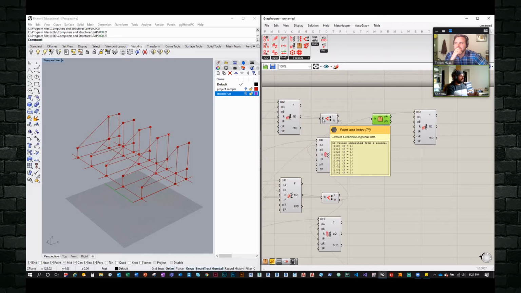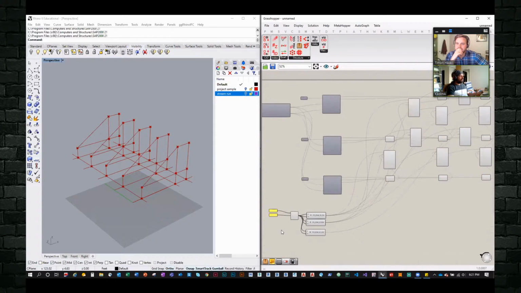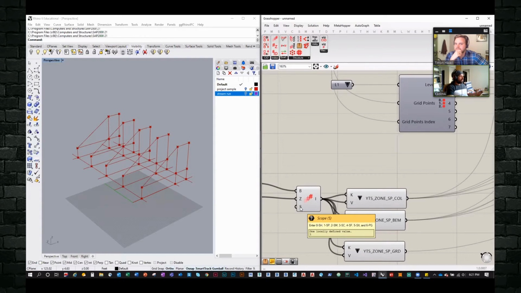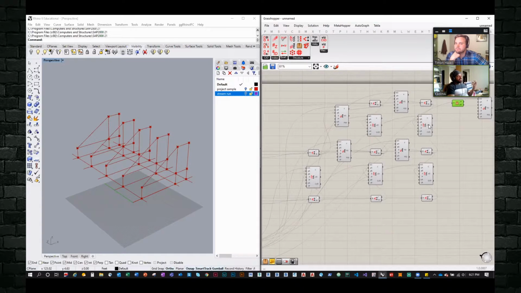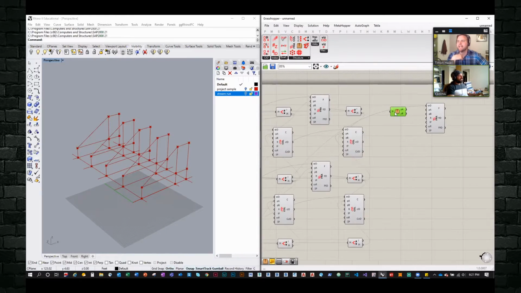Even if you hover over it, they'll tell you what that input is describing, or some of them will also tell you what the applicable inputs are and what each applicable input means. But obviously, this is all just a work in progress. So, how do you get those inputs?